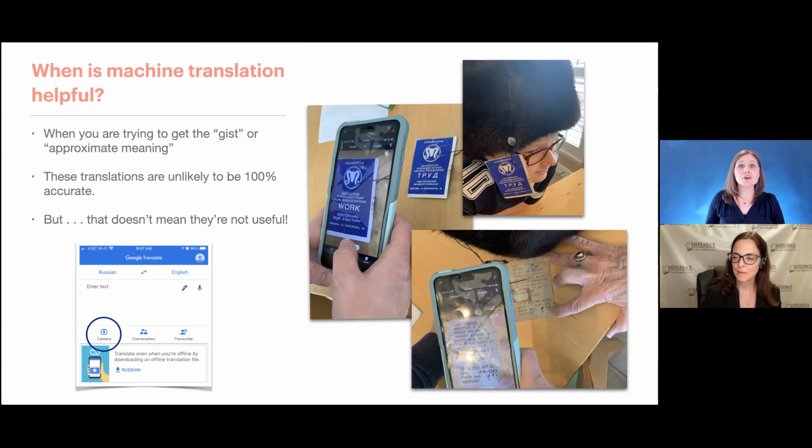So a lot of official documents that are going to go home from the school, generally districts are already going to have things in place for that. They're going to have translators available for those types of things. This is more for the everyday classroom teacher who just wants to be able to communicate with parents and feels like, where do I even start? But certainly anything that's going to be official, you can use this as a starting point.